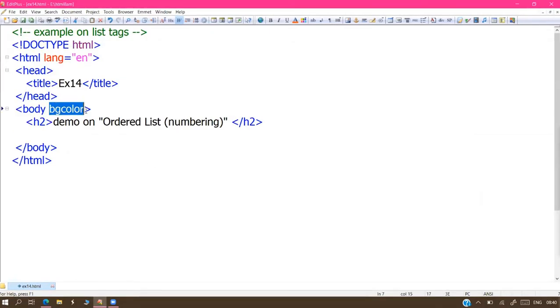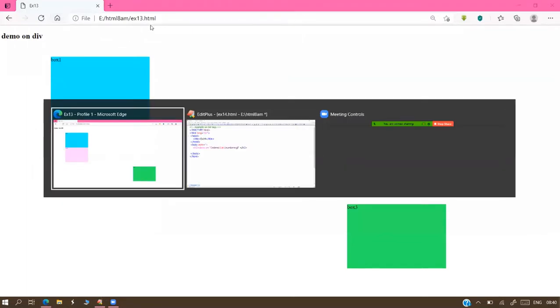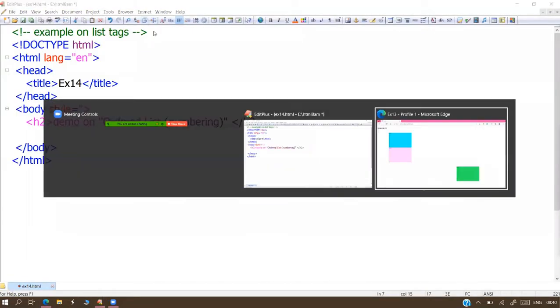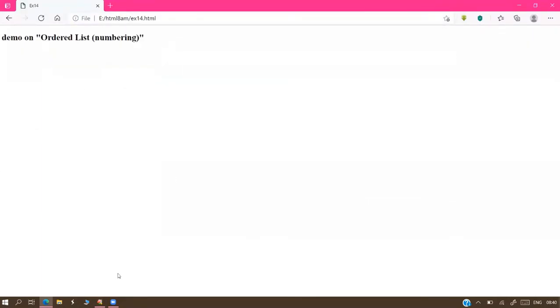Next, I'm going to apply one small style option for the body tag. Why is that? Our screens display in white color, generally our web page screen. I want to change the total screen color. We changed the background color of the heading, the division tags, etc. Now I want to change the color of the whole screen.